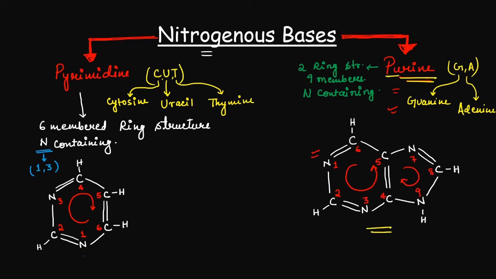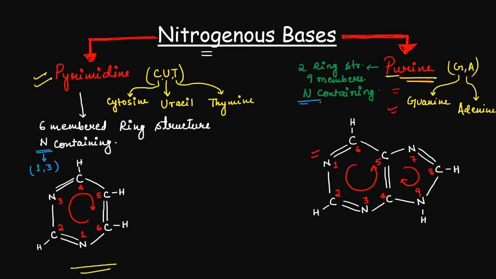Now those who are getting confused about clockwise and anti-clockwise direction of numbering can remember these things by their own tips and tricks. In my case, I remember it this way. Pyrimidine has a single ring. In a clock also there is a single ring, and its needle moves in a clockwise direction. So out of pyrimidine and purine, the one which has a single ring, its numbering will be clockwise, and the one which has two rings, its numbering will be anti-clockwise in the main ring, and then the other ring will have clockwise direction.